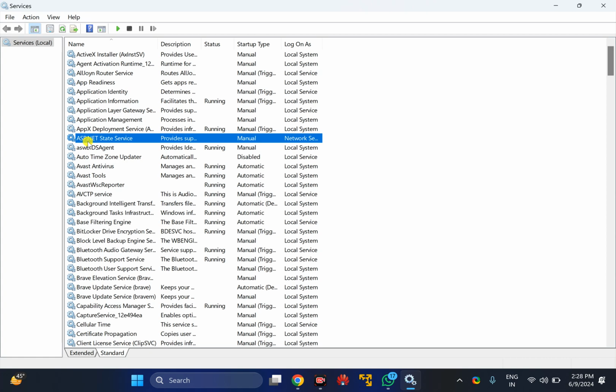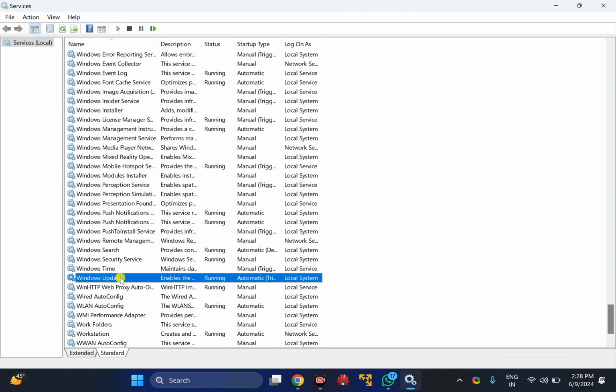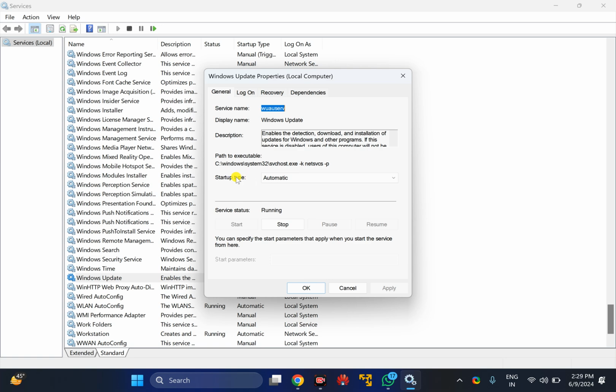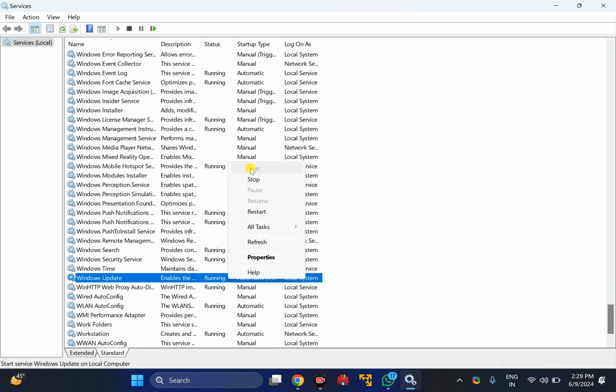So select any service and then type W and find the Windows Update service. It should be running. In case it is not running, right click on it and choose the Properties option, and then check that the startup type should be set to Automatic. In case it is not set to Automatic, click on the drop down menu and select Automatic and then click on Apply and then OK. After that, right click on the service and select Start to start it, and to restart it you can use the Restart option.